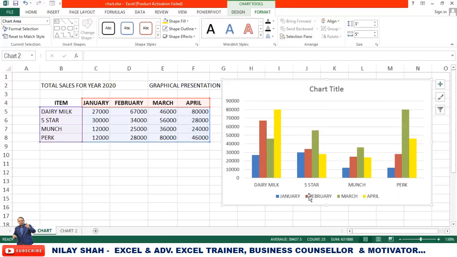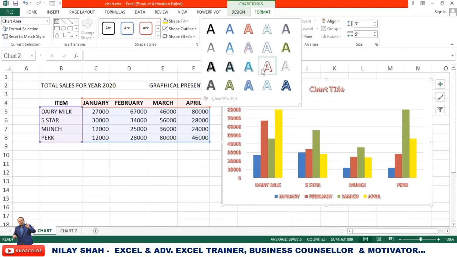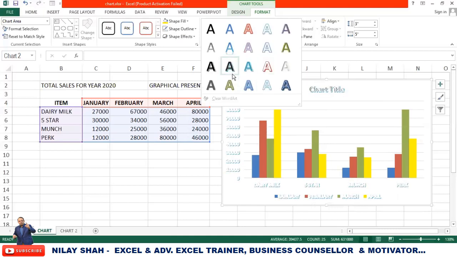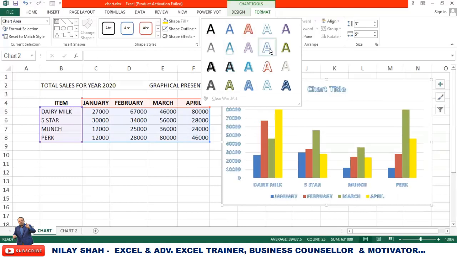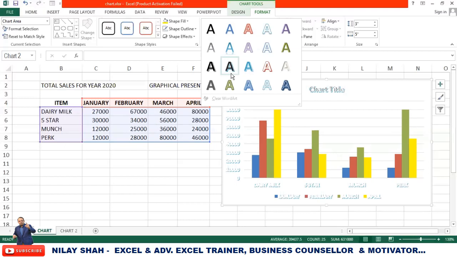If you want to make changes in the text, once again I have selected the whole chart, and these are the text themes. You can see it appears and appears. Wherever you move your cursor, it automatically shows you the outcome as per your requirement.